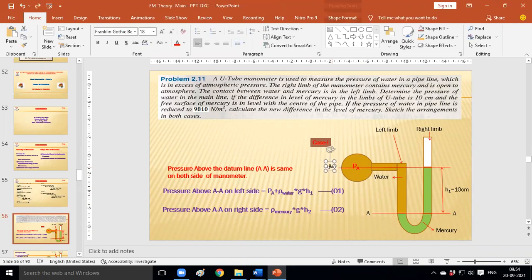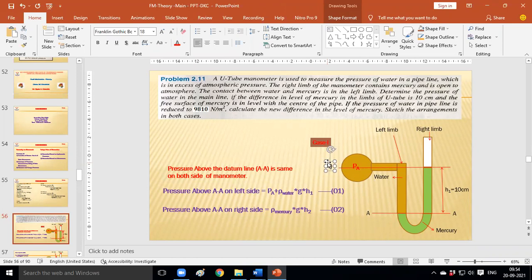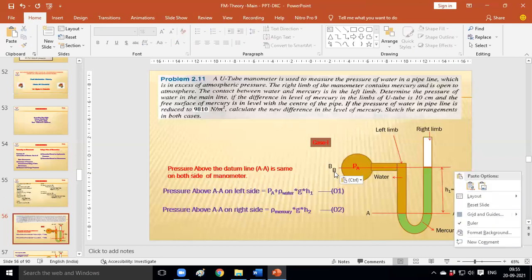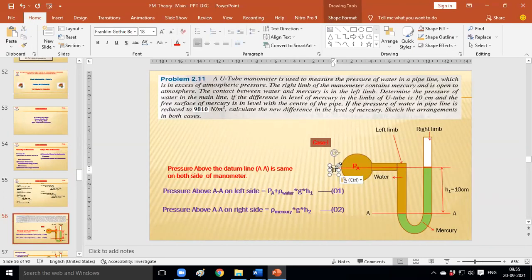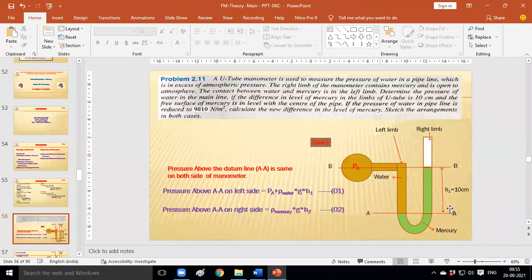Out of this A dash and B dash, which one is the datum line? A dash is the datum line. Why? Because it is passing through the lower side of the mercury. Yes, because the line is passing through the lower surface of the mercury, and the lower surface of the mercury is mentioned in the